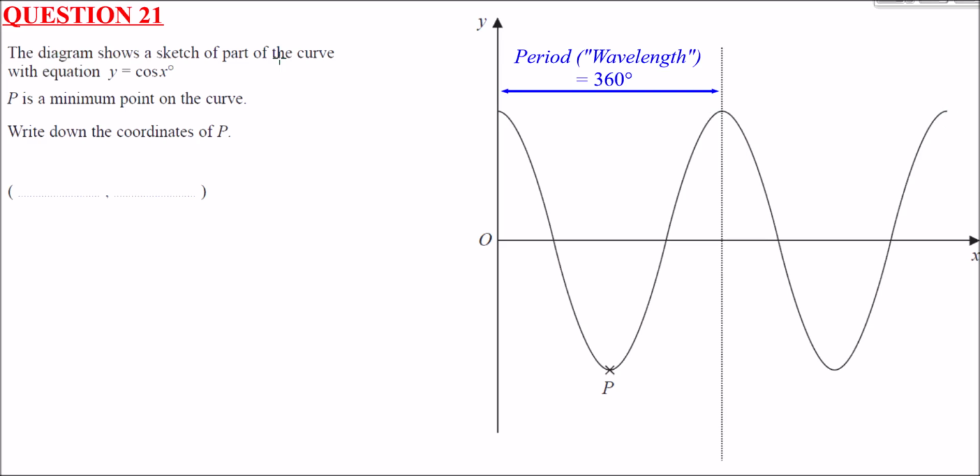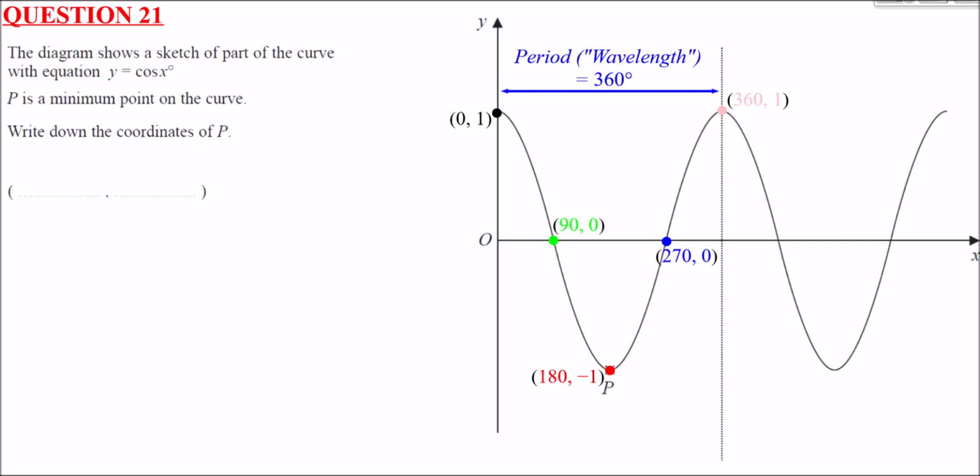The coordinates, there's 5 main ones to know. So the first one here, where it crosses the y-axis, is at 0, 1. The first x-intercept is 90 degrees and 0. The minimum, it's going up in multiples of 90, look, is 180 and minus 1. Coming back through the x-axis for the second x-intercept, that's 270 and 0. And back to the top again where y is 1, 360 degrees and 1. So obviously between 0 and 360, that's a 360 degree difference, and it's done one cycle of